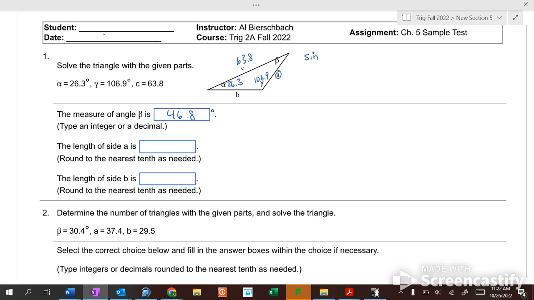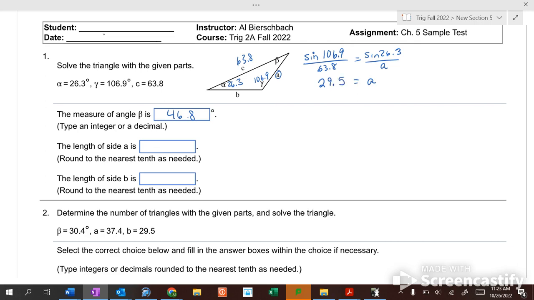That was a quiz. Now we're taking the chapter test. So the first 7 questions on this are basically like the last one with a few minor other ones. So sine of 109 over 63.8 equals the sine of 26.3 over A. So if you take 63.8 times the sine of 26.3, press equals, divided by the sine of 106.9, A winds up to be